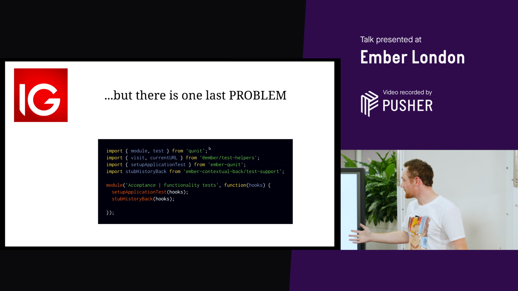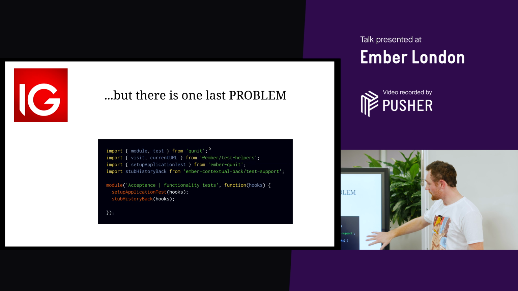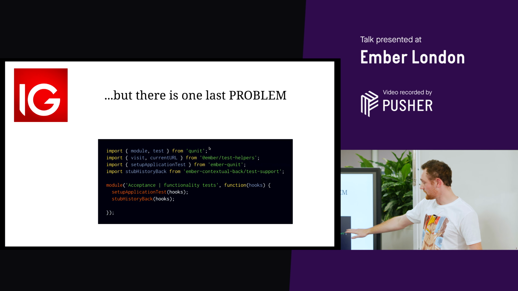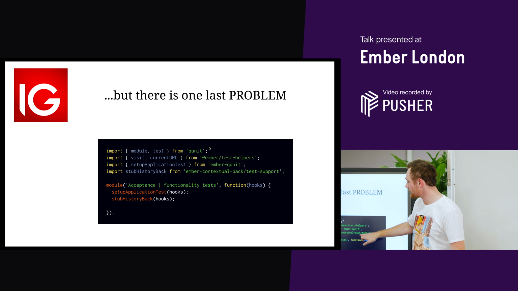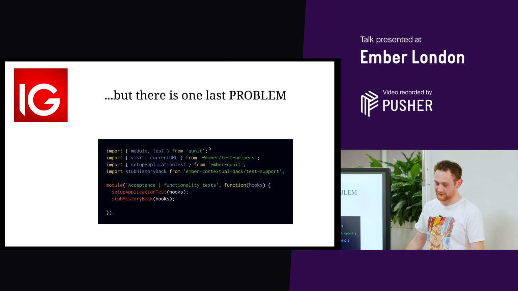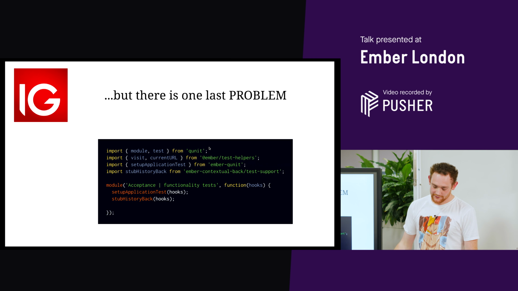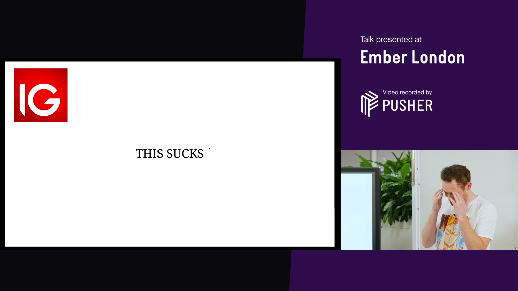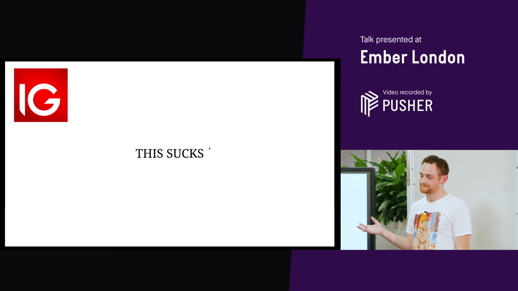And I mean it really does, because this is just basic acceptance test code, and this is what you're going to need to run to use my add-on. You're going to need to have stub history back and then call it on any test that's eventually going to call that action, right? And the reason that this sucks so badly is because